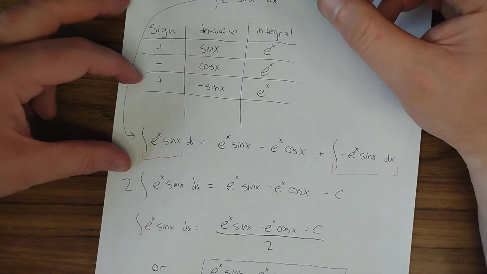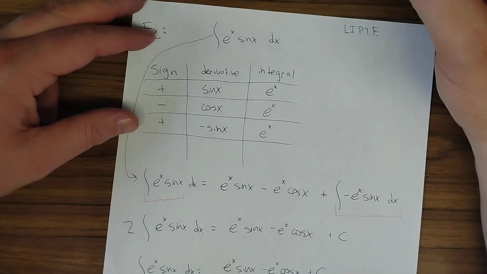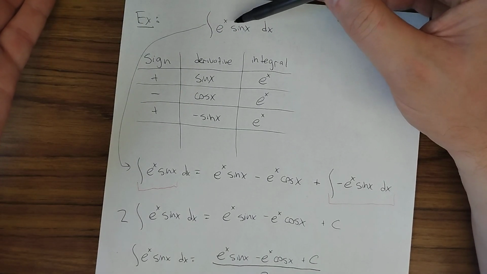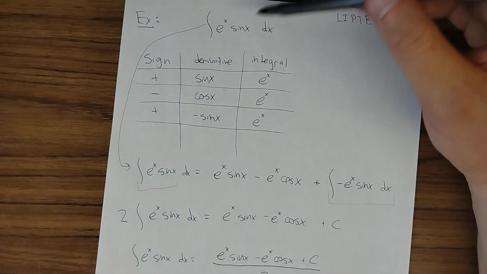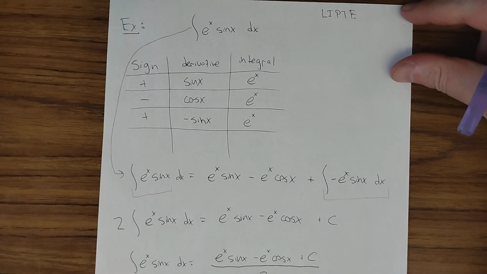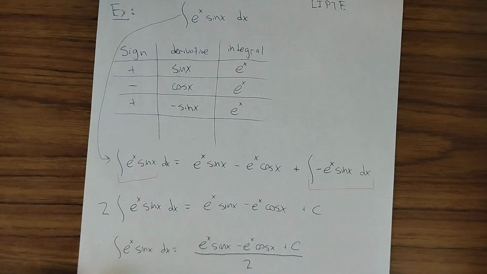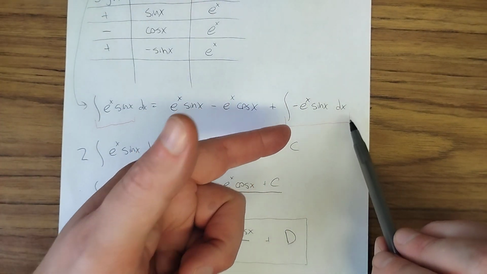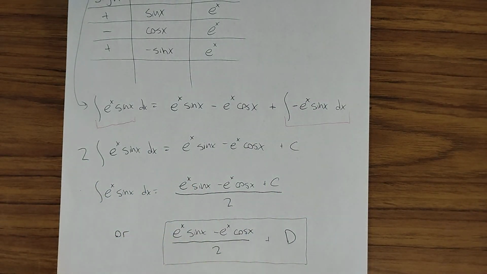So yeah, this is a trick that works for e to the x sine x. It also works for e to the x cosine x, and it works for similar things, like I could put a 2 here or a 3 here, something like e to the 2x sine of 3x. This is a particular trick that tends to work for these things, where you do integration by parts 2 times, and that allows you to take your original integral and write it as an answer where the same thing appears again, and then you can solve the equation for it. Okay,